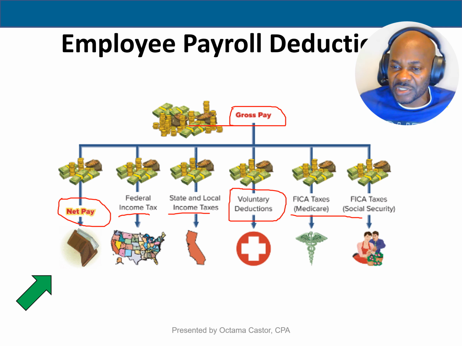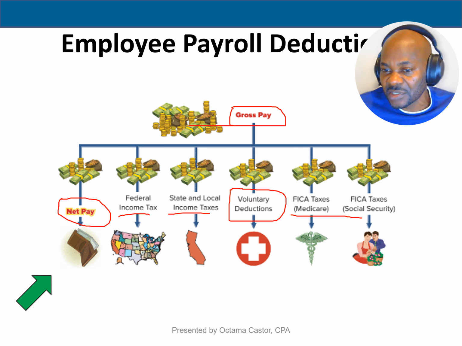So if you, for instance, donate to a charity organization, that would be a voluntary deduction. But the federal income taxes, the state taxes in the states where they have income taxes, and the Social Security and Medicare taxes, these are mandatory taxes imposed by the government. You cannot get away with these. They have to be taken